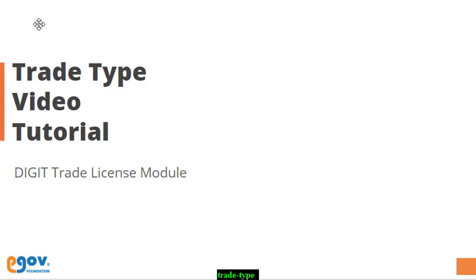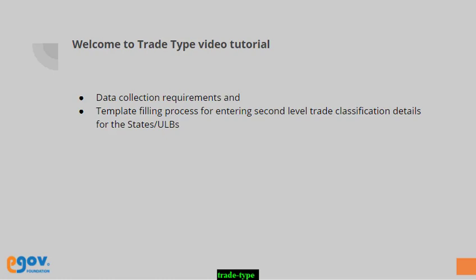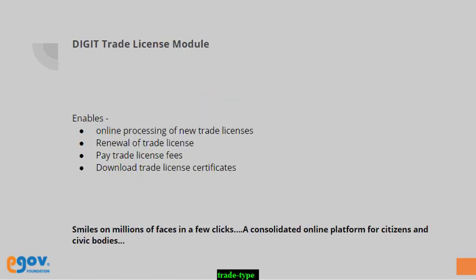In this video, we will look at the data collection and template filling process for the trade type. The trade license application makes the process of obtaining a trade license easy, smooth, and transparent. The module, hence, removes the need for manual processing and streamlines the key trade license management functions to provide a